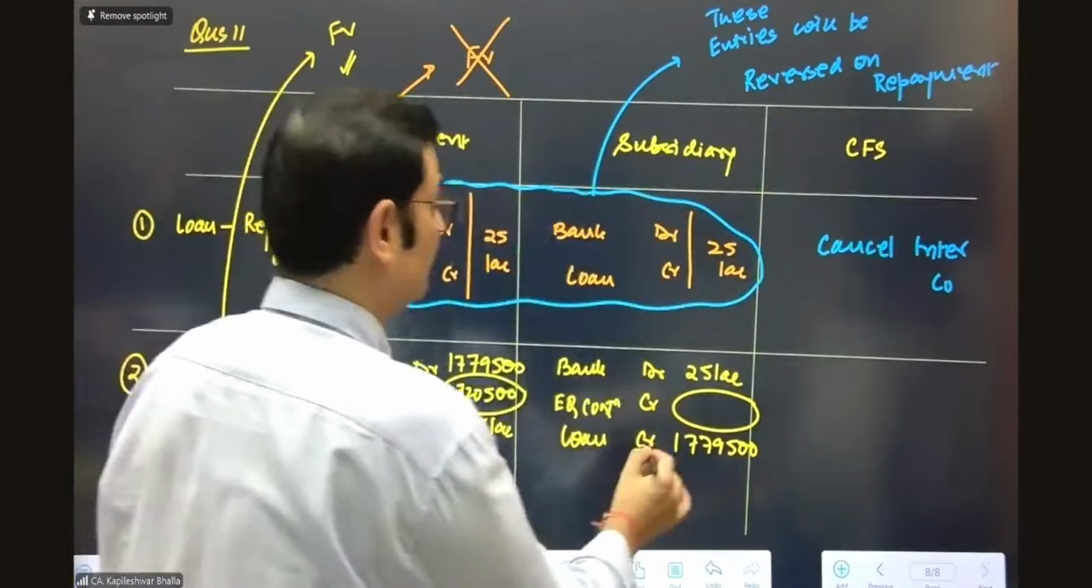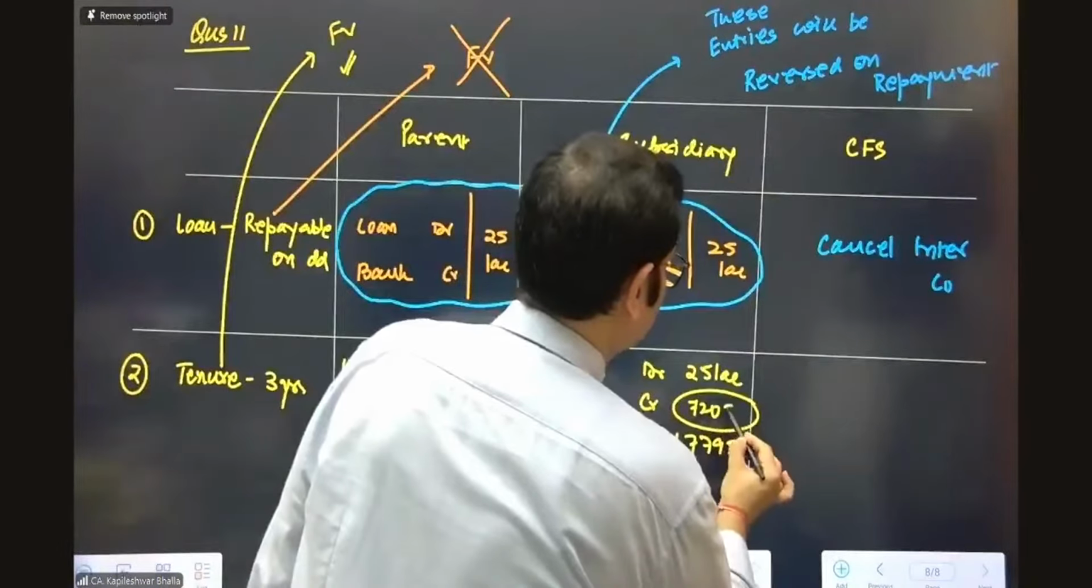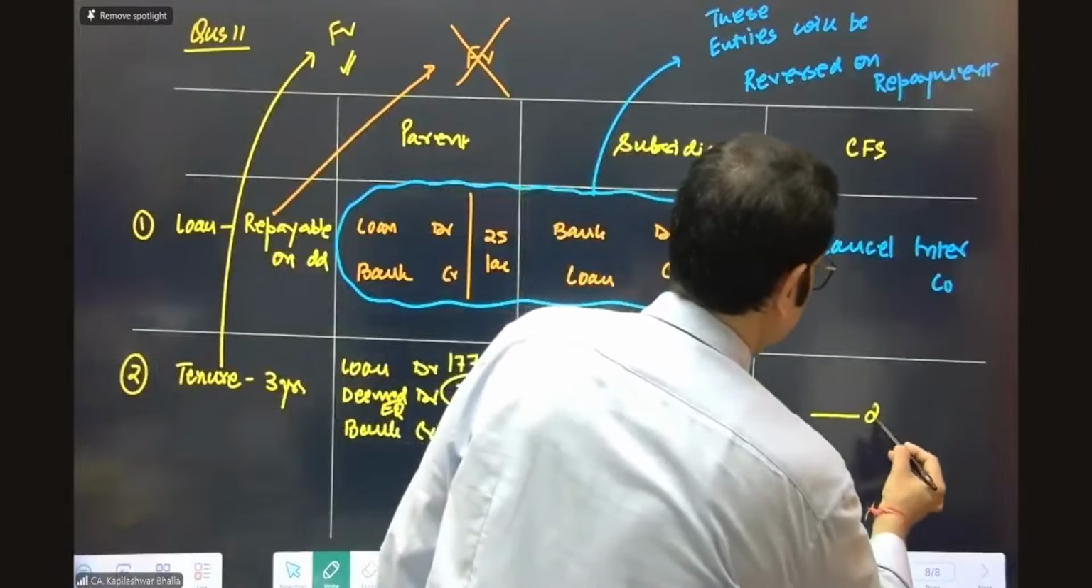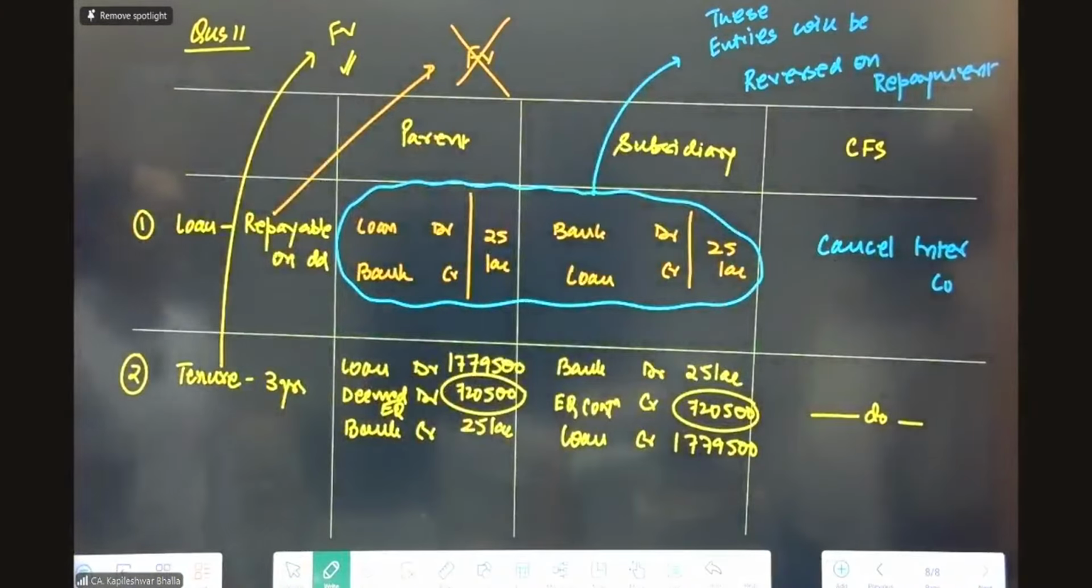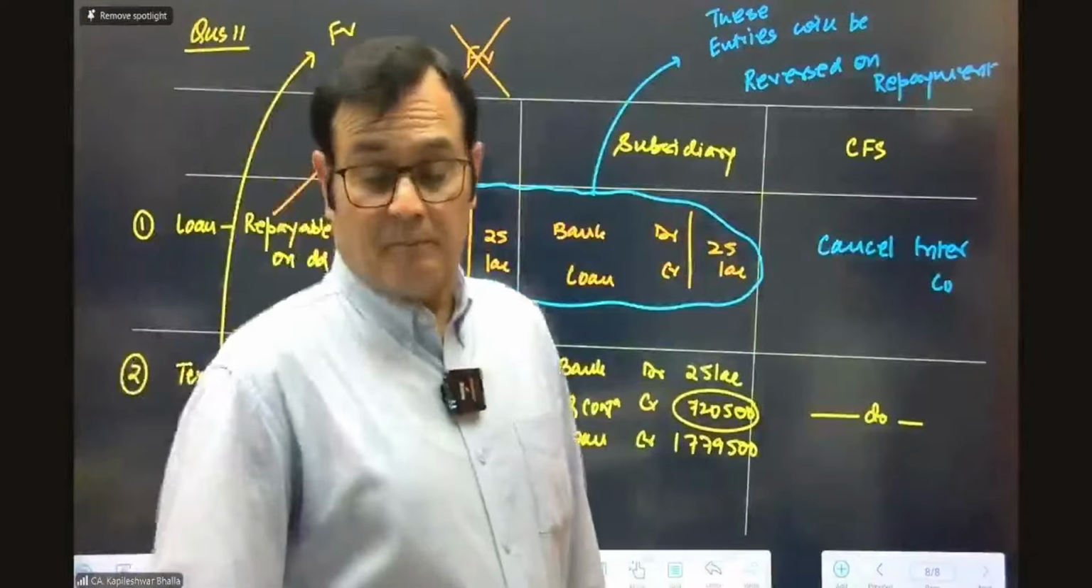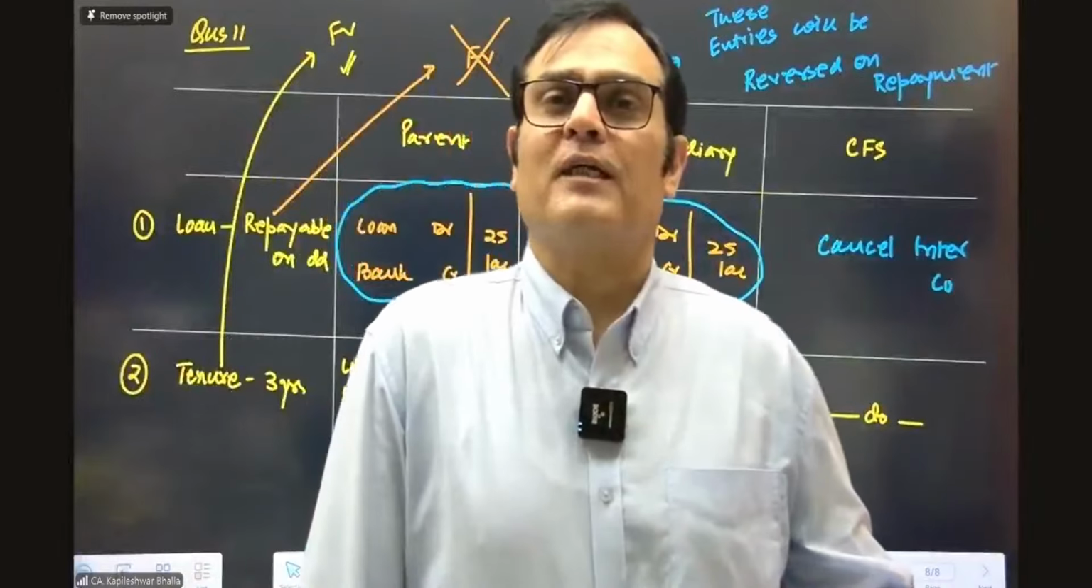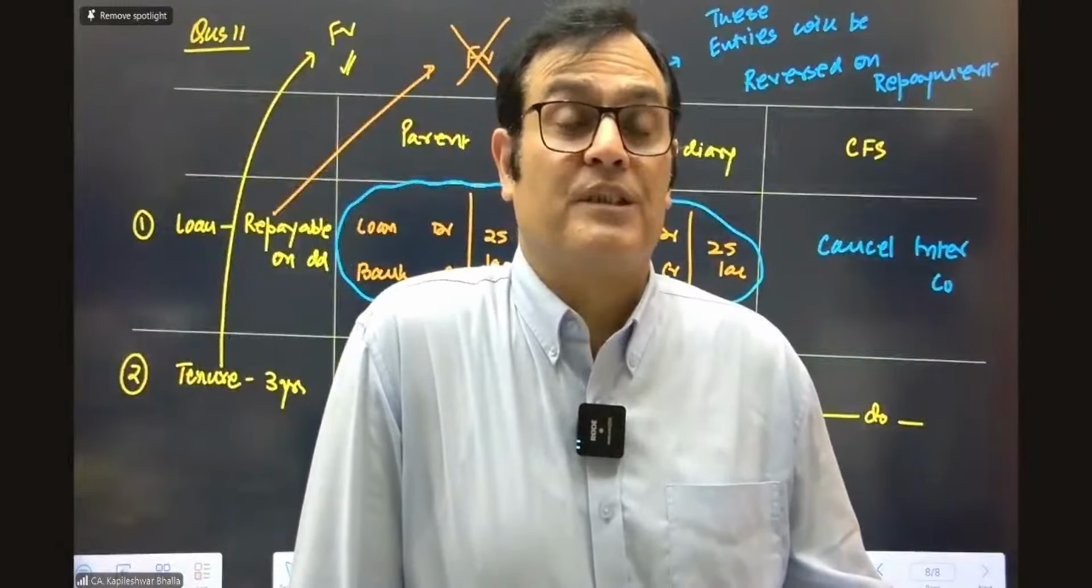So the amount is same, 720,500. And can I say for the consolidation point of view, it'll get cancelled as an intercompany owing. So there is going to be no effect in the books of accounts again. By the way, a small little question further comes to my mind, which I think I'd like to discuss immediately